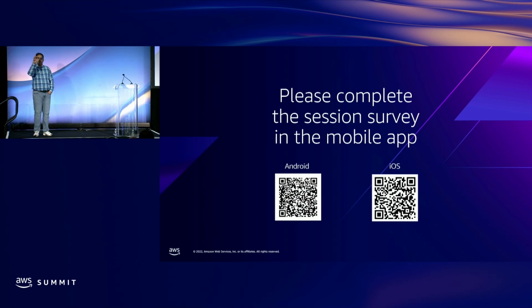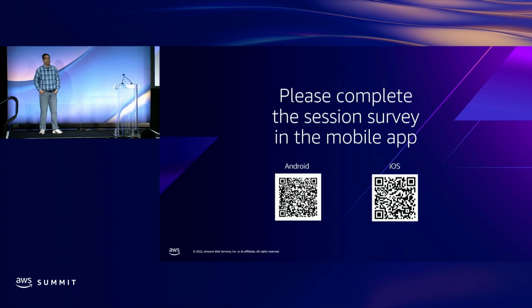So from an unencrypted volume, you can't create an encrypted snapshot in one step. Oh, that's why, because one of the slides got me confused. Yeah. What that slide was trying to show is you can now take an unencrypted snapshot and launch an encrypted volume. As an example, you can take an unencrypted volume, create an unencrypted snapshot, and then to launch an encrypted volume, you no longer need to copy it. You can just provide a key and launch a volume, making it fully encrypted. Does that make sense? Okay.